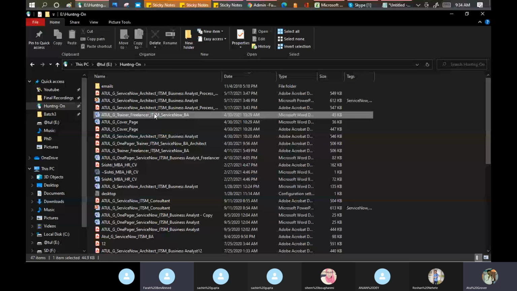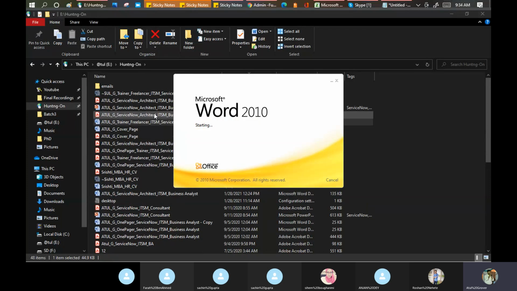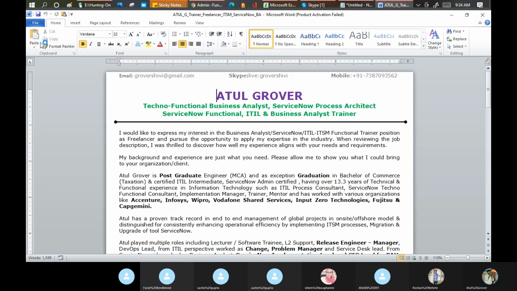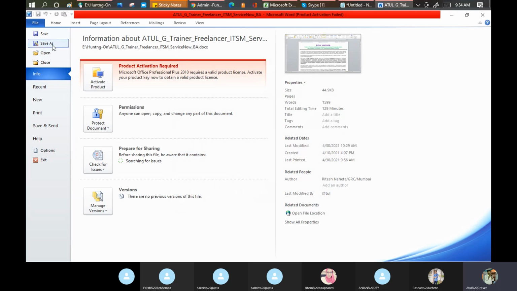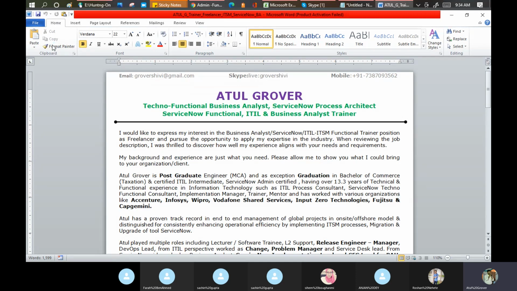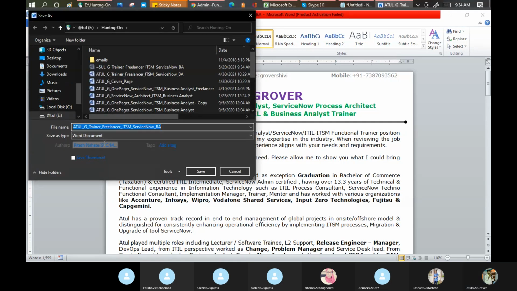I'm just giving you an example of how these tags actually work, because by these tags, HR searches the profile in the database. Now let me click here. Wait, it will load completely. And I click on Save As. When I click on Save As, you can see my tags are there, right? I added the tag ServiceNow.